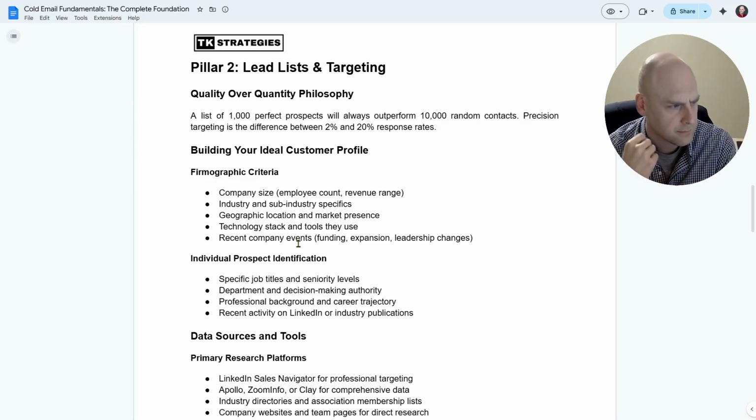Okay, so keep that in mind. Other things to factor are geography, tech stacks that people are using. If they're using a specific type of tool or software, these are factors that you can consider. And recent company events such as funding, if they're growing, if they're hiring, or if they're undergoing leadership changes. These are all signals that you can leverage and exploit to build high quality lead lists to send your cold